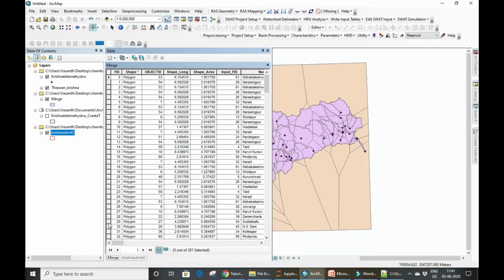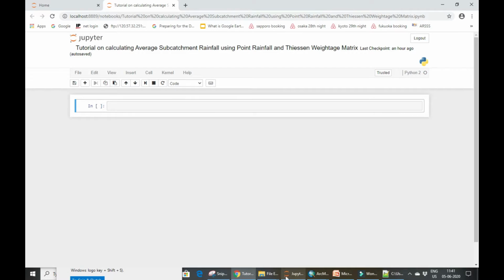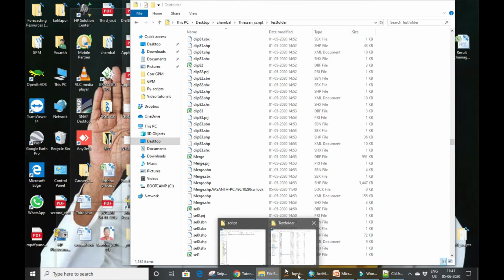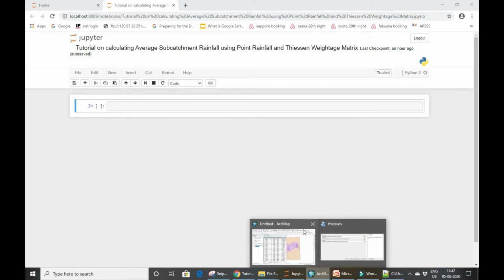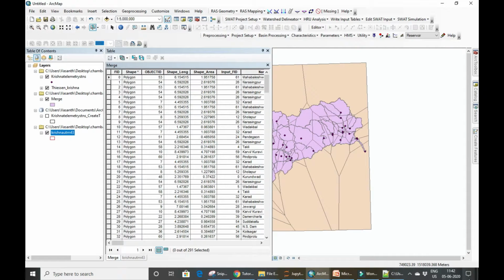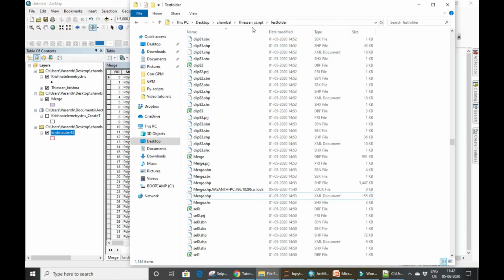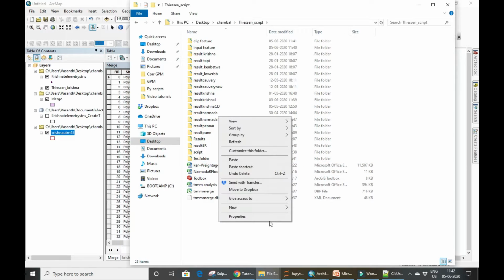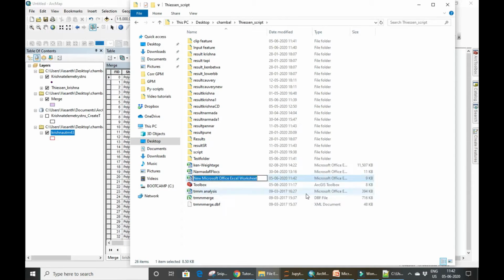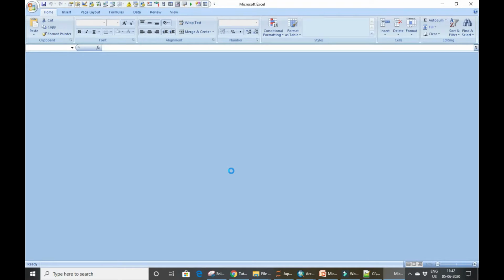the contribution area is calculated. So now when this is ready, we need Excel file post-processing to finally shape our weightage matrix. First we will create an Excel file so that we can do this processing. In the same folder I will create an Excel file. I will name it Krishna weightage calc.